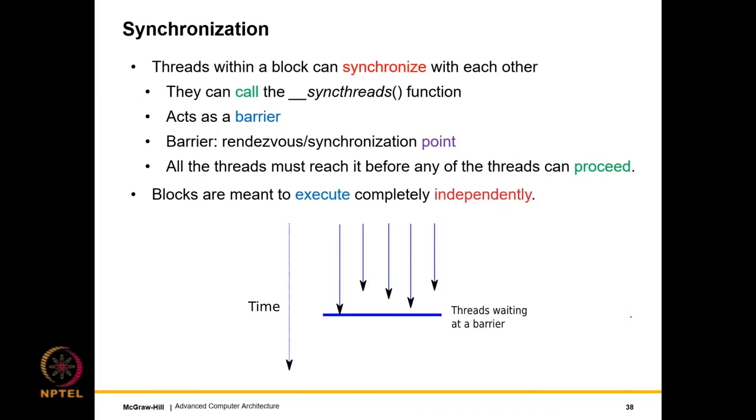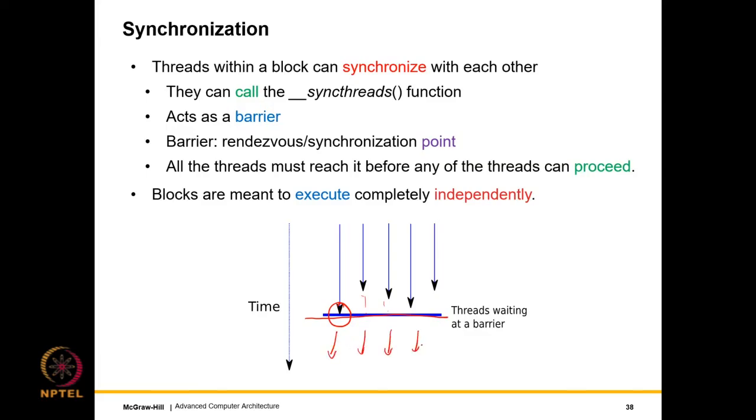So then if you have so many threads, how do they operate, right? How are they synchronized? That is an important question. Because the point is that, in a large computation, we would want all the threads to arrive at a barrier, which is basically a common point. So all the threads arrive over here. Here you can see one thread is fast, it has arrived quickly, but the other threads are lagging. But once all of them arrive at the barrier, all of them can be released at once and they can go.